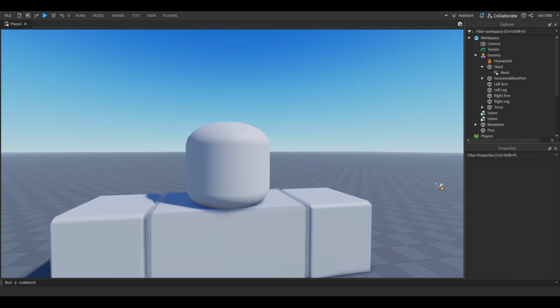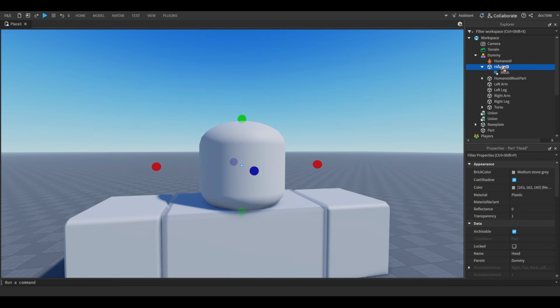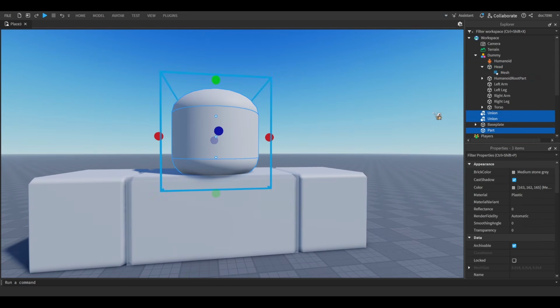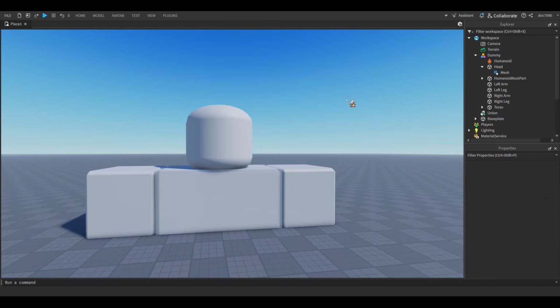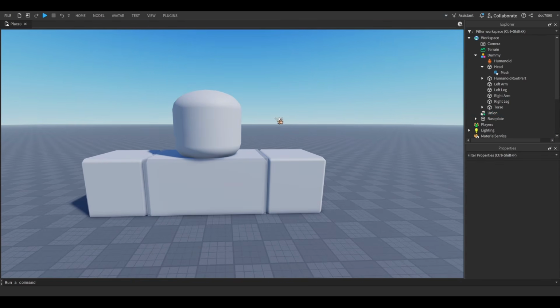We want a union head because you can't do unions, negatives, and intersects on a mesh. You can only do that on unions. So now we're going to select this and union it. That way we can operate on the entire thing. Okay. So now that we have our union head, the first step of making the face rig is to create